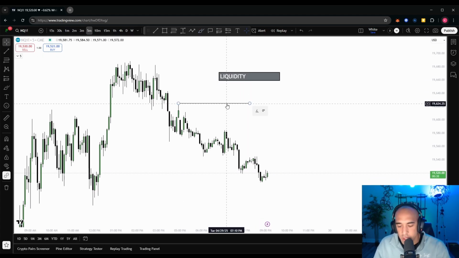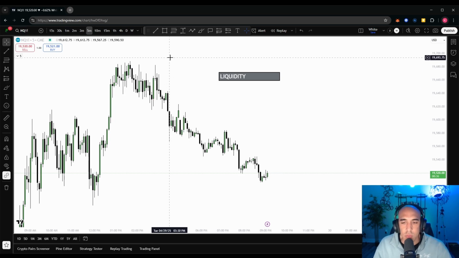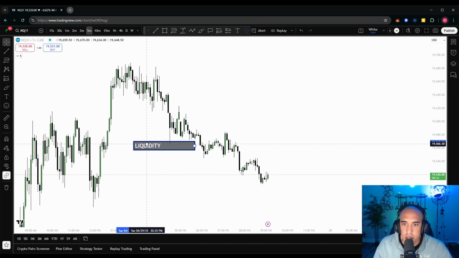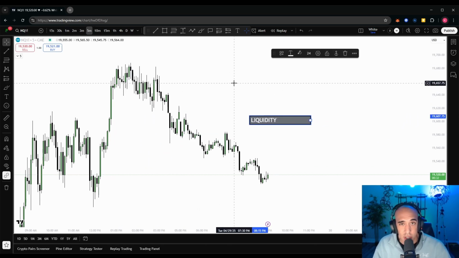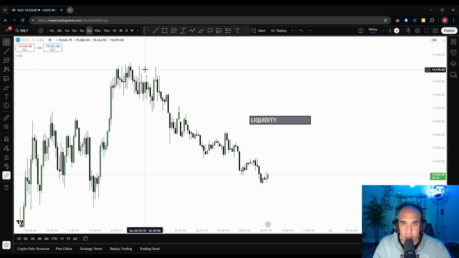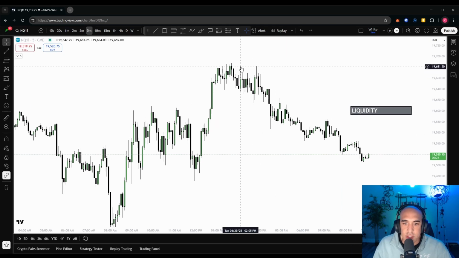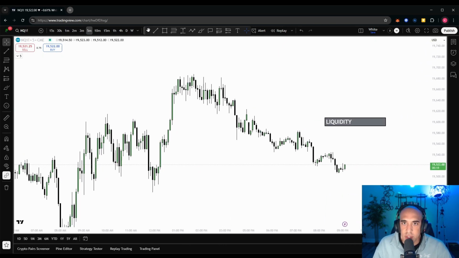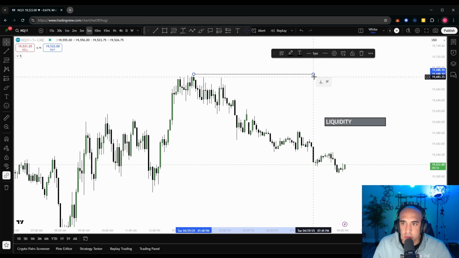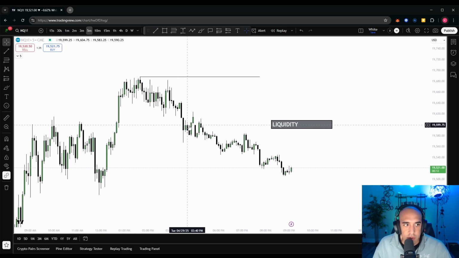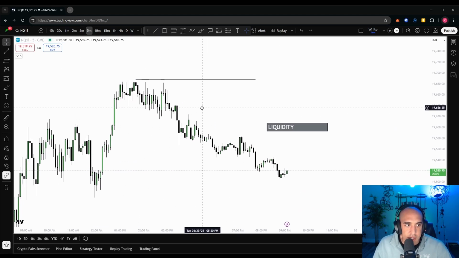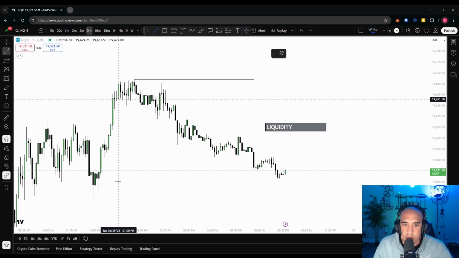The ultimate premise for why price moves is liquidity. You really have to understand this, okay? It's really going to save you, and it's really going to help you make sense of why price moves to certain areas on the chart. If you see a lot of your favorite trading gurus, or you see me trading, and you're like, how does he know price is going to go there? It's because there's a good understanding of liquidity. So let's start marking out some highs and lows and talk about why price is going there.